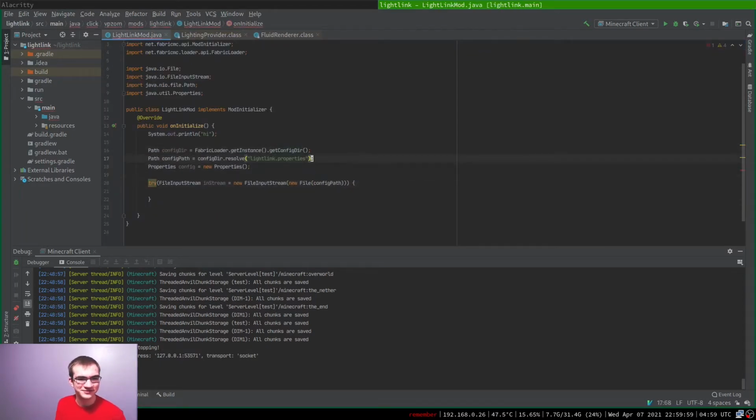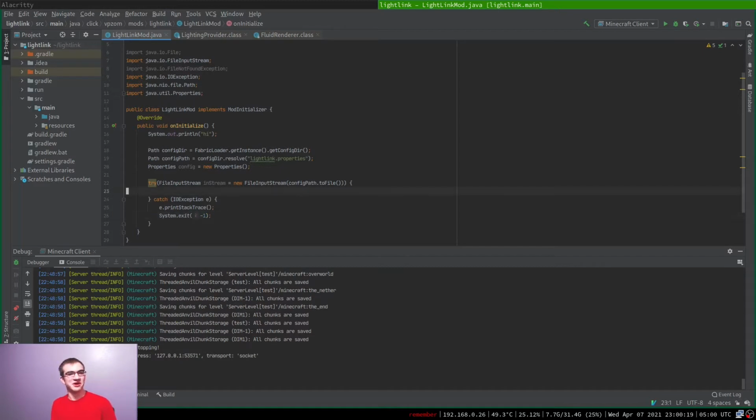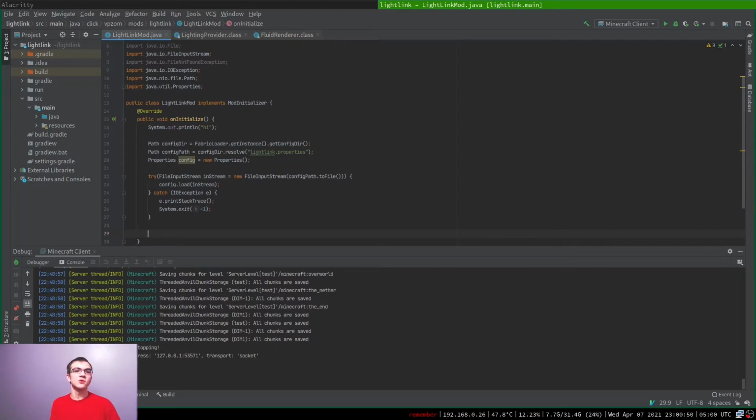Undo all the way back to where we had this. And right, just get rid of this. Let's just exit. This doesn't need to work for anybody else. So yes, I am going to crash the game if it doesn't find this file. Okay, so once we've loaded that, then